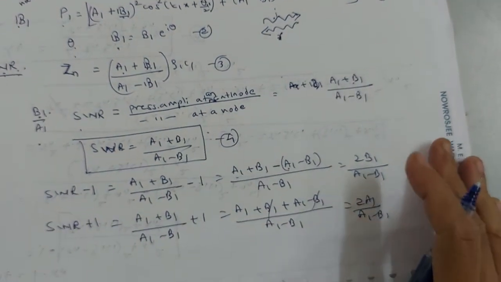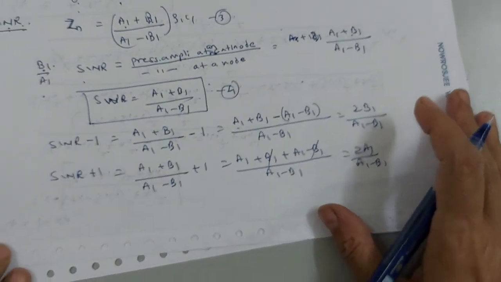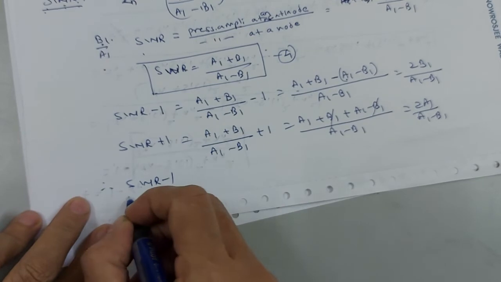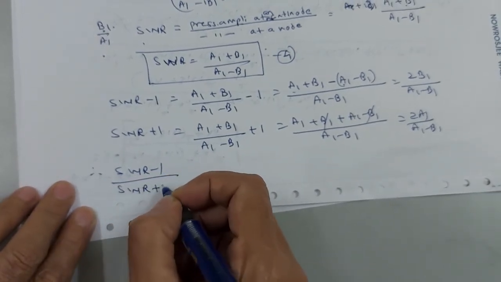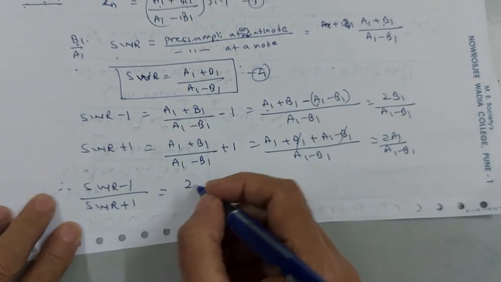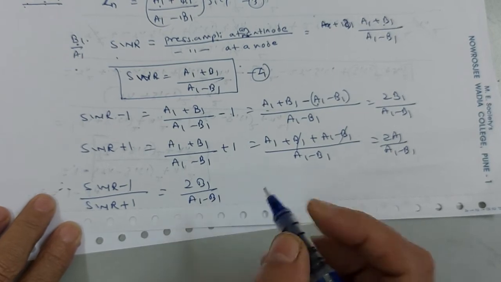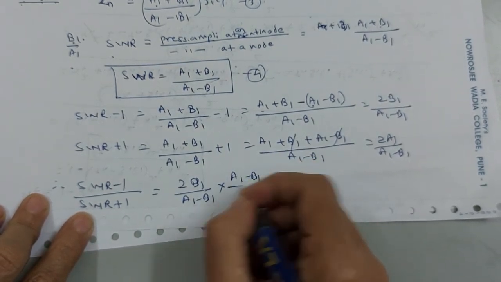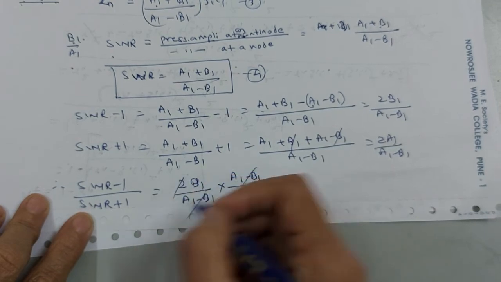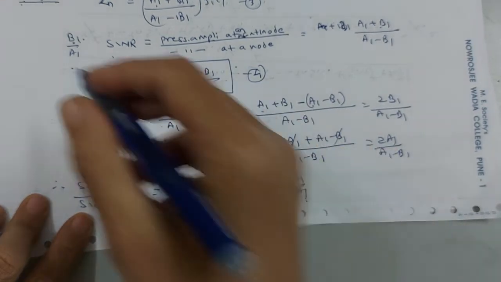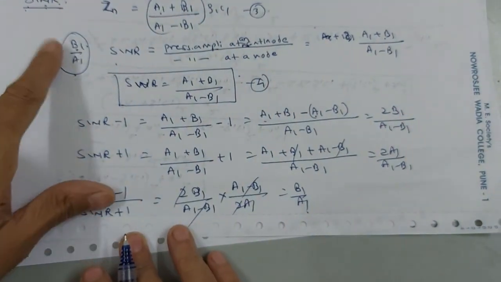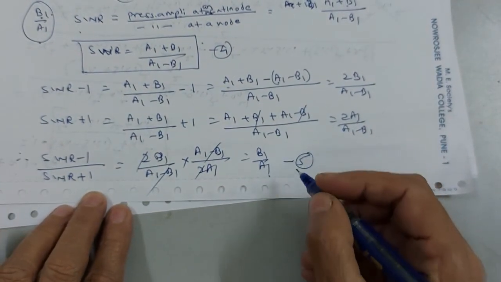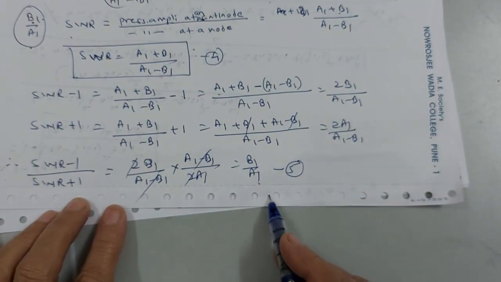Now suppose I write SWR minus 1 divided by SWR plus 1. The SWR minus 1 value is 2B1 divided by A1 minus B1, multiplied by, this term coming below, A1 minus B1 upon 2A1. The 2 gets cancelled, so I have B1 upon A1, in which I am interested. What I basically need is B1 upon A1. So I can use this formula, equation number 5. So by measuring the position of either